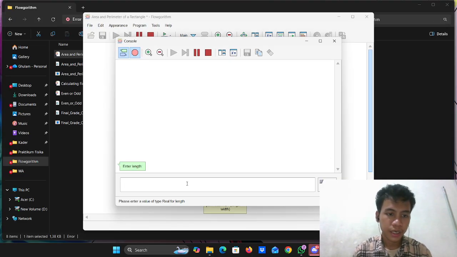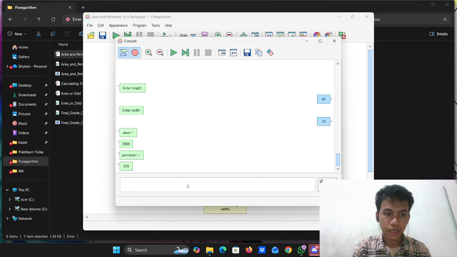For example, 40 times 70, and we have an area of 2800 and 220 for the perimeter.